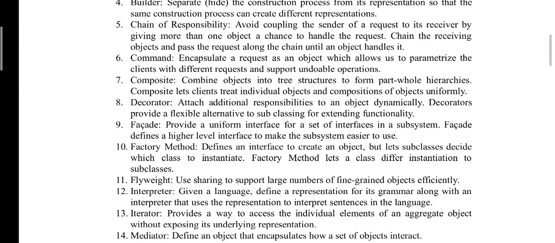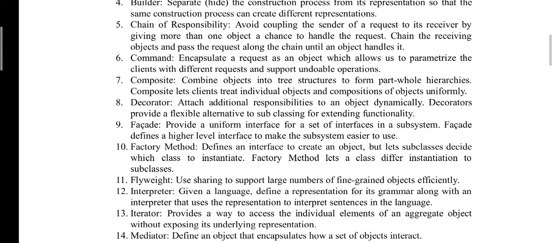Decorators provide a flexible alternative to subclassing for extending functionality. If you want to add some extra responsibility to the object and such a case occurs, you can use the decorator design pattern so that you can extend the functionality of that object.